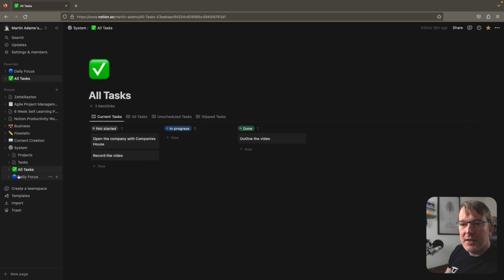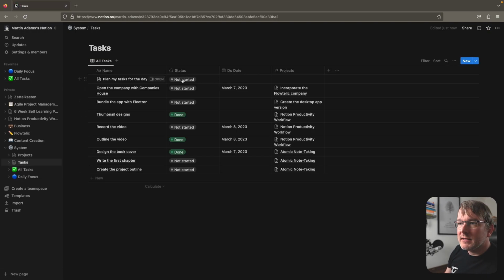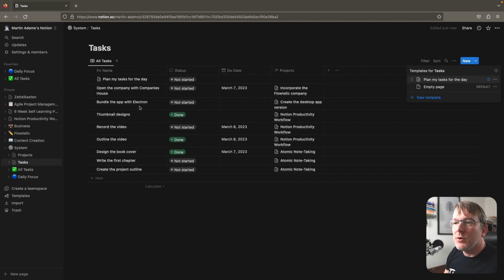What happened here? So I'm going to look at my task. My planned task for today, not started. So it doesn't have a due date. Now that's really interesting because I've got a bit of conflict in terms of planning things when I want them to happen, but now I've got this field that I can't automatically place in. So how would we fix this? I want this to appear on my daily focus, but I don't want things that I've got on my backlog that I'm not working on. So what I can do,